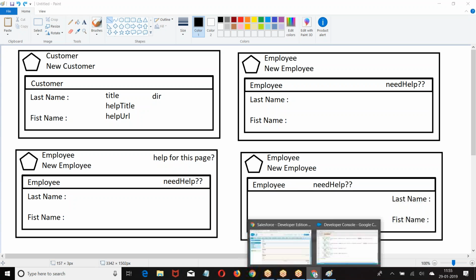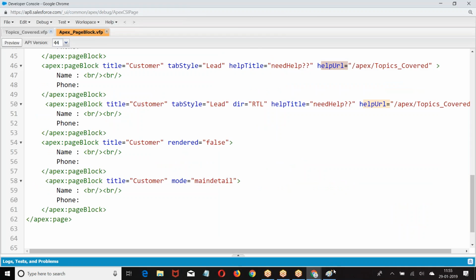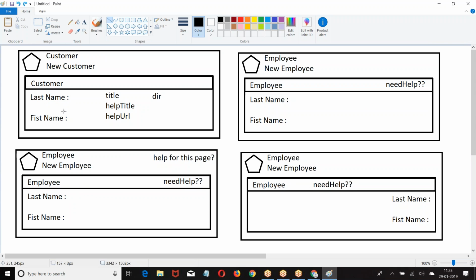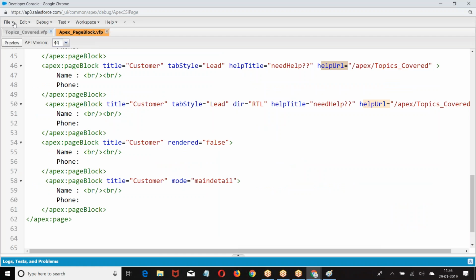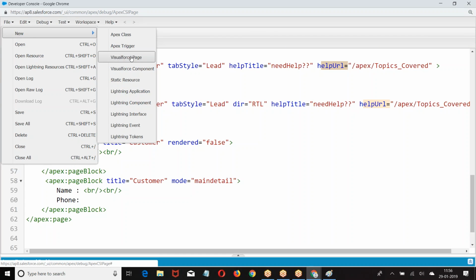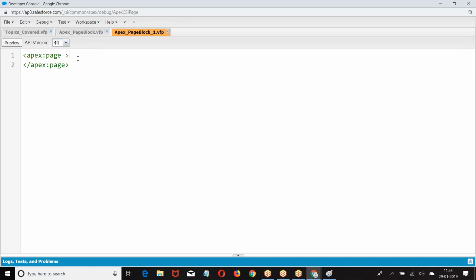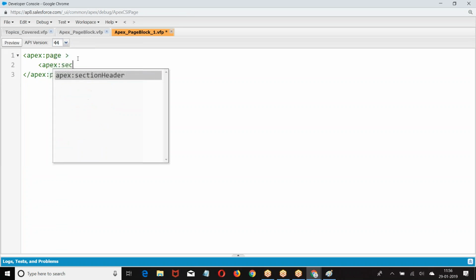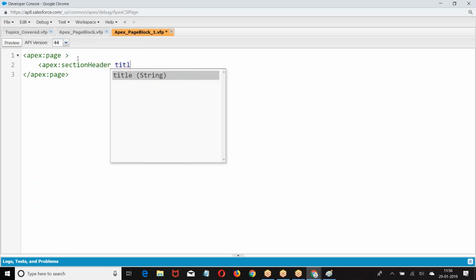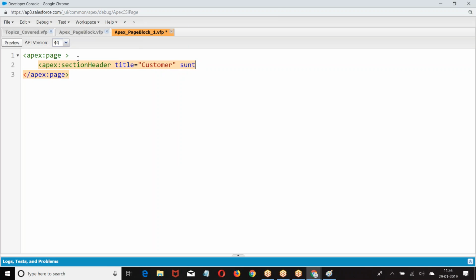So let us build the first example. So what we have? Customer, last name, first name. So what is the first element we are supposed to create? Section header. Customer, subtitle,